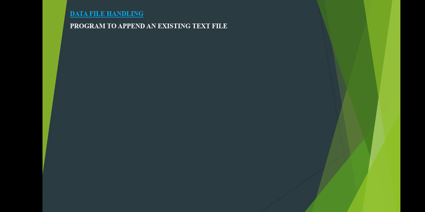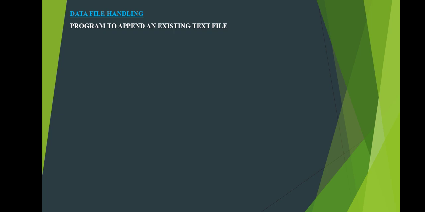One thing to be taken care of: whenever we open a file in write mode, if the file doesn't exist in memory, a new file of the same name will be created. However, if the file exists in memory, then the previous content of that file will be truncated or removed. I mean to say that if there were some contents already in the linked file and it has been opened in W mode, write mode, then all those contents will be deleted. So the file size will become 0 in that case.